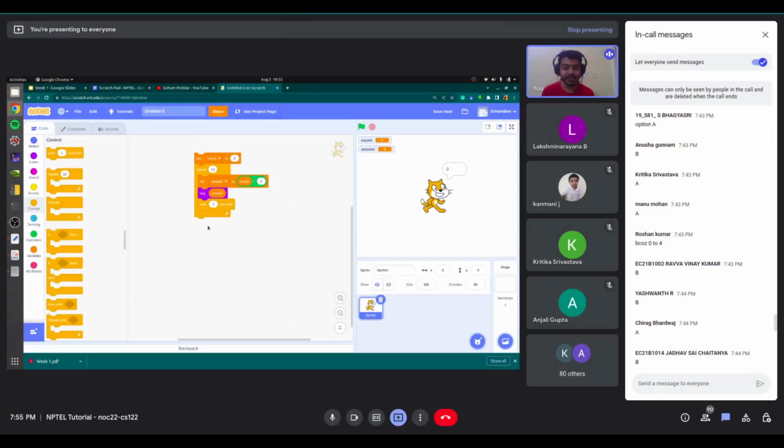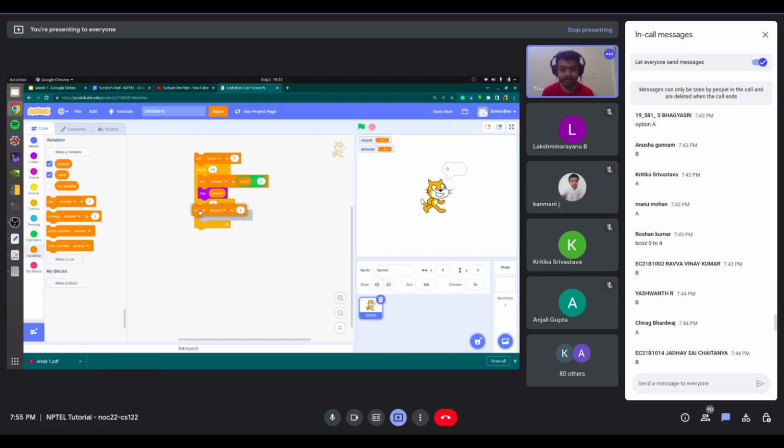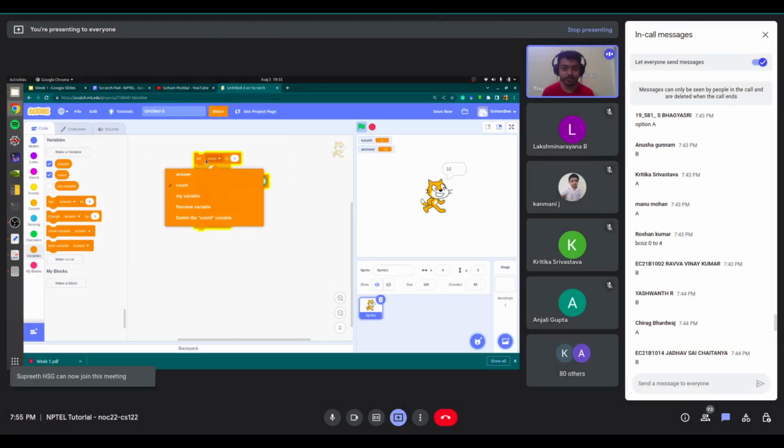The thing that we have missed is that we have forgotten to increase the value of count. It is 0, so we have to increase it to 1, then 2, and then 3. So you want to go to variables, then change this thing. Change count by 1. Now if we run it again, 5, 10, you can see 15, it is telling the multiples of 5, and it will go on till 50.